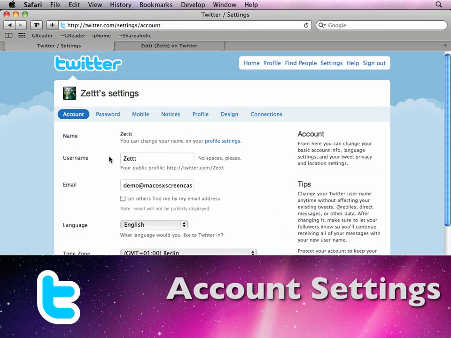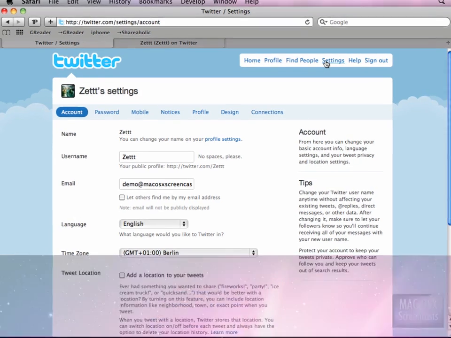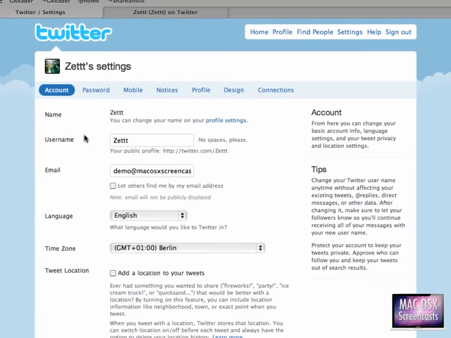One of the last things I want to show you are your profile settings. You find the profile settings under settings, obviously. Here you can set, I want to